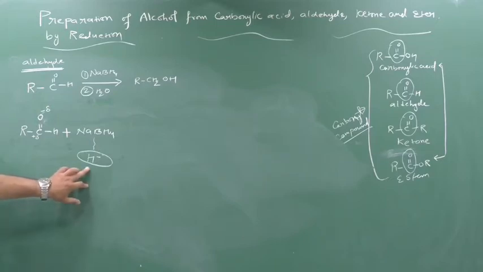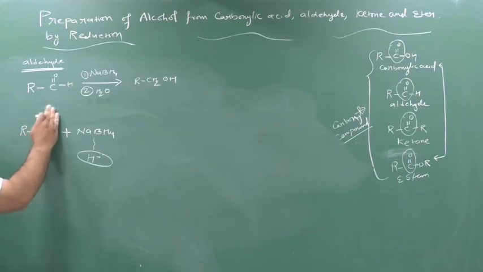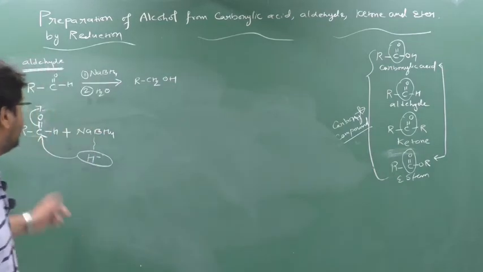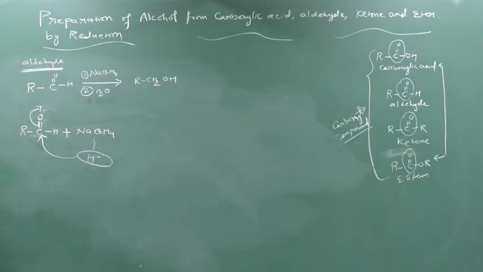Now this H is minus. So where will the H attack? H will attack on this carbon. Here only one attack will be there on this carbon. So carbon will make a bond with this H minus. When carbon makes a new bond with H minus, it has to break a bond. Why this bond only? Here there is a pi bond and a sigma bond. Out of sigma and pi, which is the weak bond? Pi is the weak bond. So it will break this bond, not the other two.